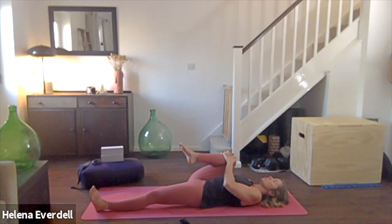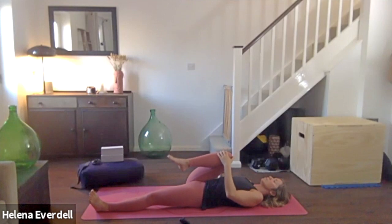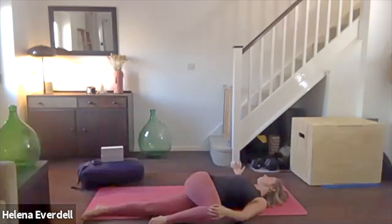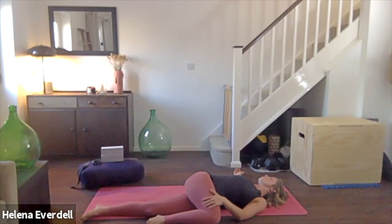We'll take a few more moments here, just gently drawing the knee in with every exhale. Checking that you're long through the spine, through the back of the neck. Keeping that breath rolling through the inhale and the exhale. Staying here a little longer if you wish, or guiding the right knee across the body into a spinal twist so the knee comes down to the side as you lengthen the right arm away, turning the head towards the right. If you want to, you can place the left hand on top of the thigh just to guide the